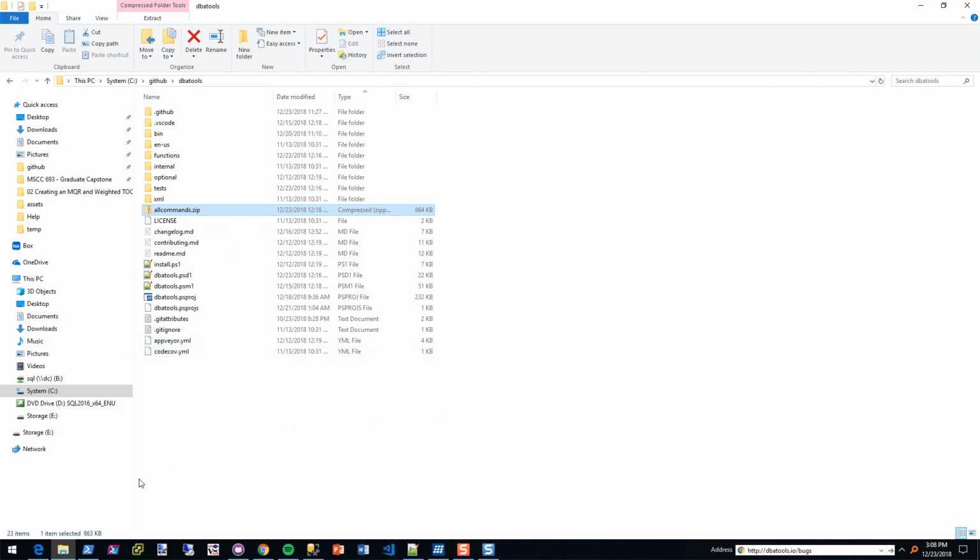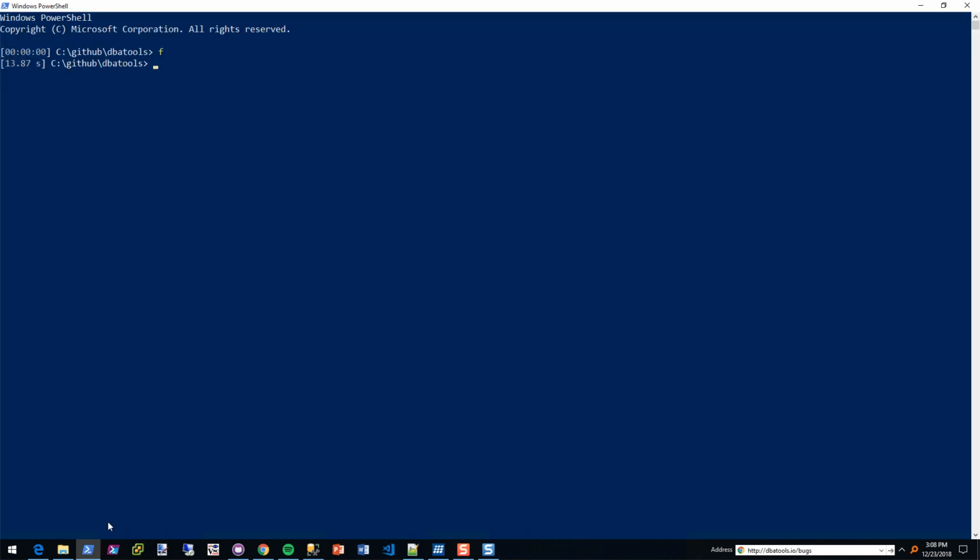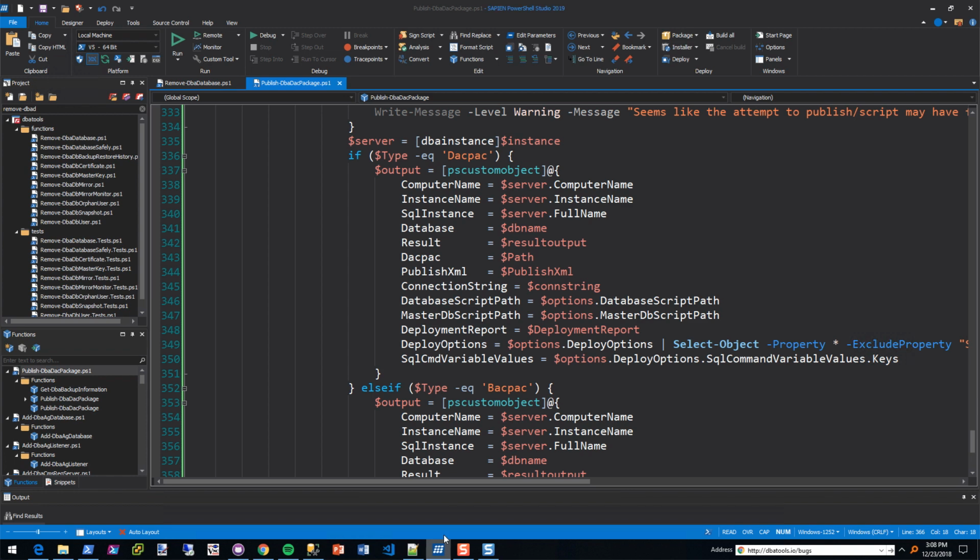So now I need to remember where I'm at. Oh, so I do F. And what F will do, it imports, I think, Pester, PSFramework, dbachecks, dbatools, every single time that I do F. And that's just so I don't have to type Import-Module dbatools -Force. It's just a lot easier to type F. F probably came from the word force. My brain kind of just picked it and I let it.